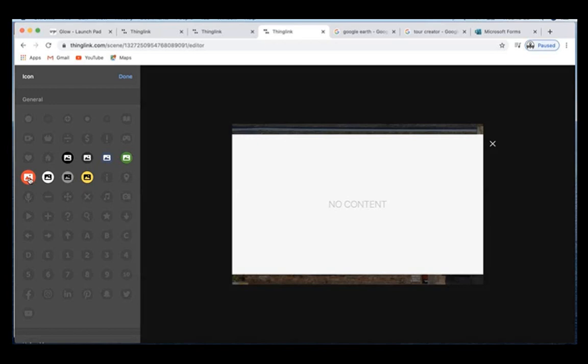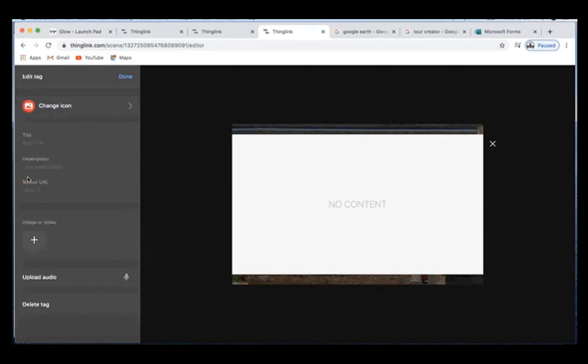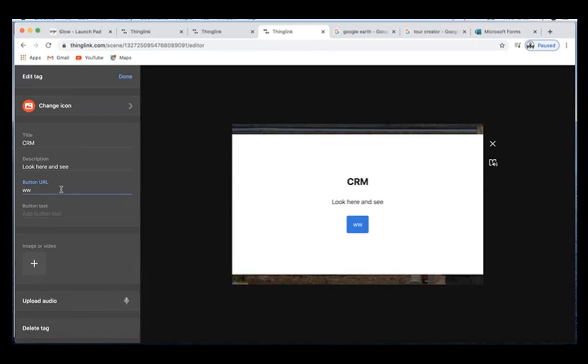You can create different colours. You can create colours to create differentiation. You can create colour to create sections within the image where you want their eyes to be drawn to. So there's a really good option there when you get the colours. So I'm just going to choose the first one. I'm just going to write Charles Rennie Mackintosh for quickness. I'm going to put this look here and see, and then here what I can do is put in the